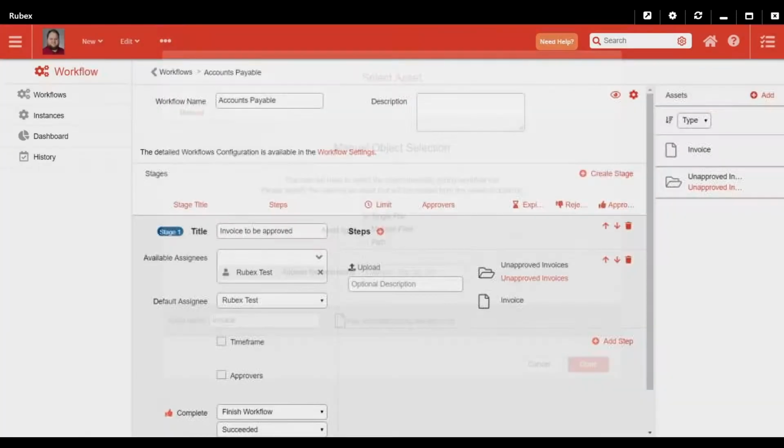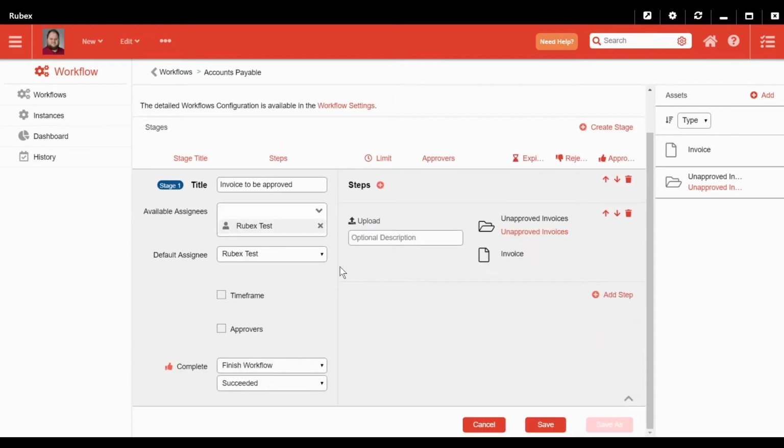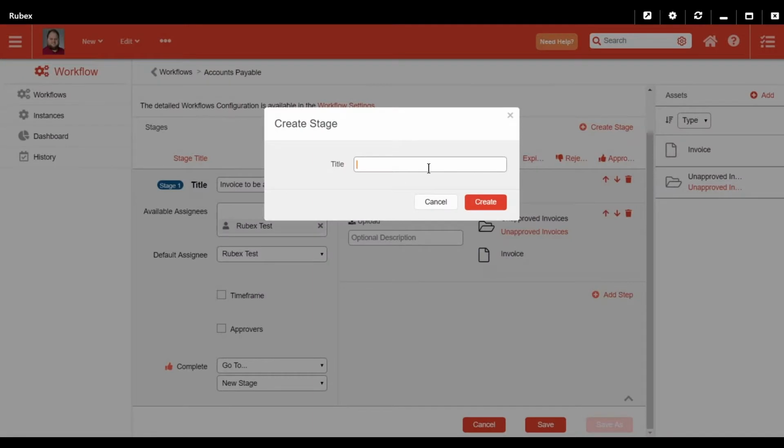So we'll press done. Now this workflow stage is actually one of the easier ones. I'm going to choose move forward. When this stage completes, I'm going to call for it to go to, meaning literally this option of go to, new stage, and then invoices